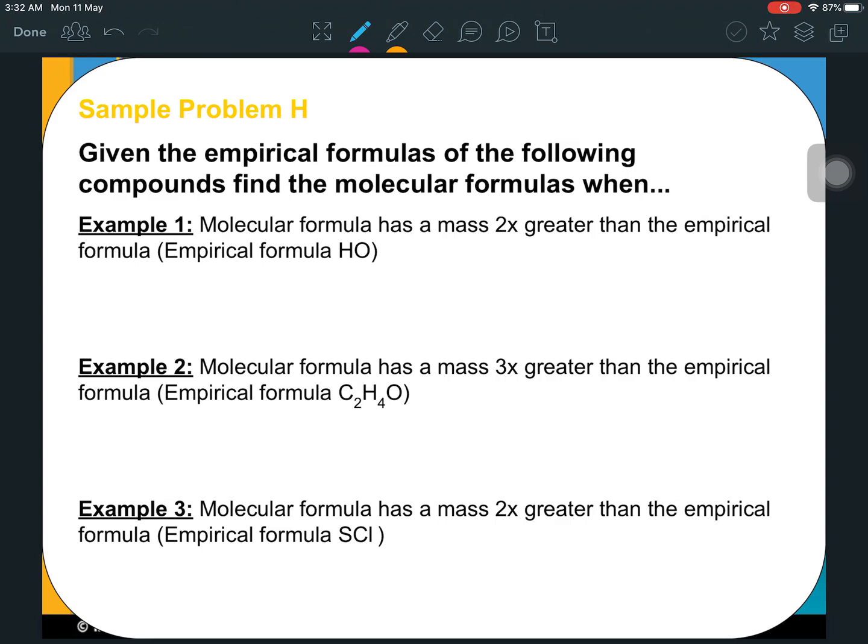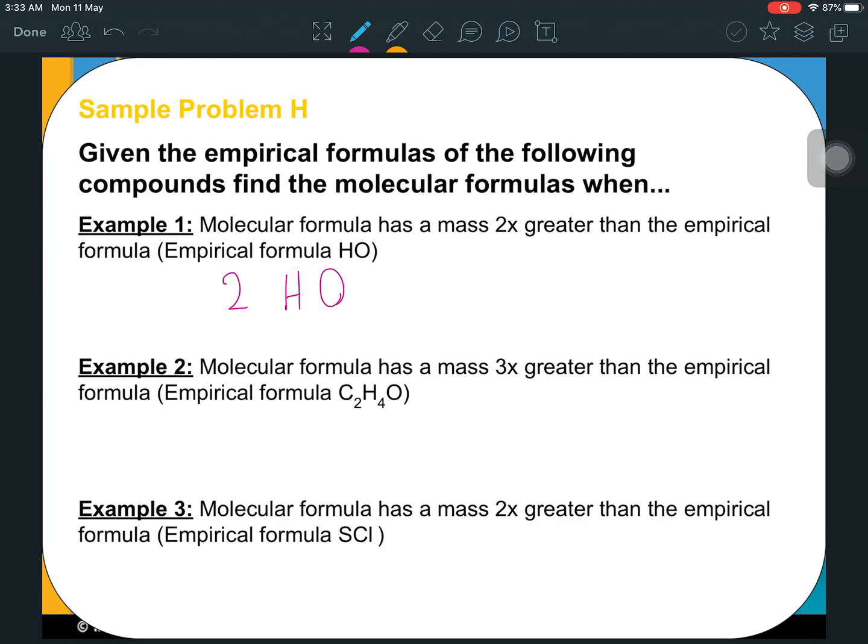So basically, there is a connection between their masses and their formulas, right? So if I take an empirical formula and I know that its molecular formula is 2 times heavier than the empirical, all I need to do is multiply the empirical formula by 2 and I'll get my molecular formula, because I know that it's 2 times heavier, which means that there must be 2 of everything inside of it, right? So let's say here the molecular formula has a mass 2 times greater than that of the empirical formula. Okay, so